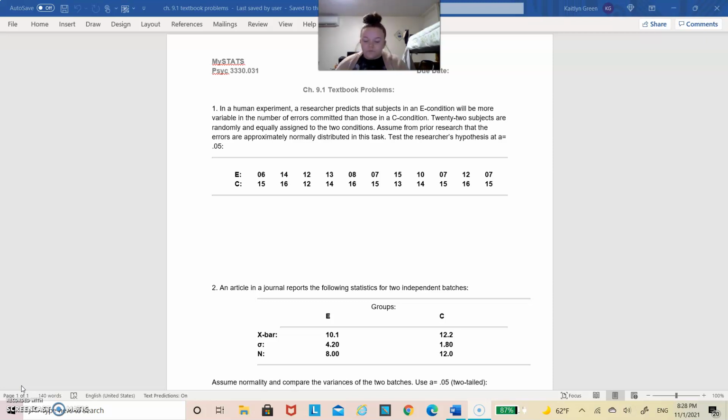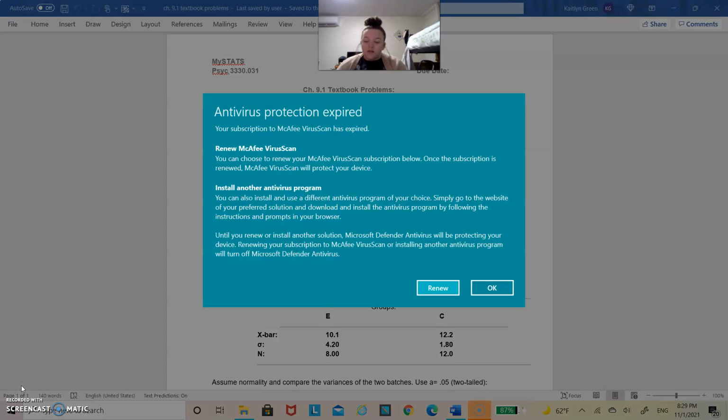So to set up our 7-step hypothesis, we will have a null hypothesis of sigma E squared is equal to sigma C squared. And the reason we're doing this is because there really is not a direction in this question. It just says to test his hypothesis. So our alternative hypothesis is going to be sigma